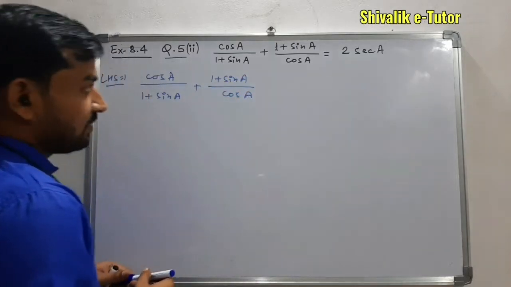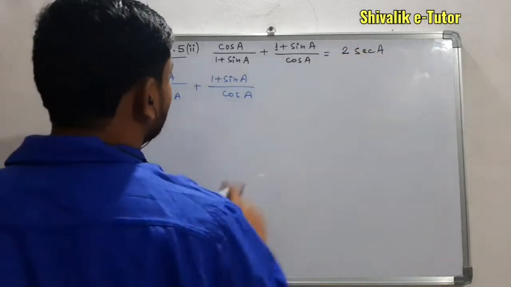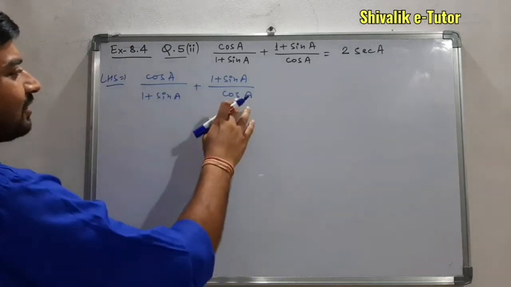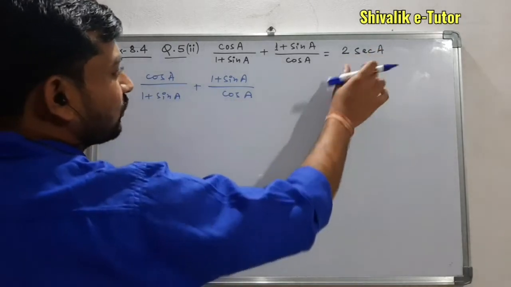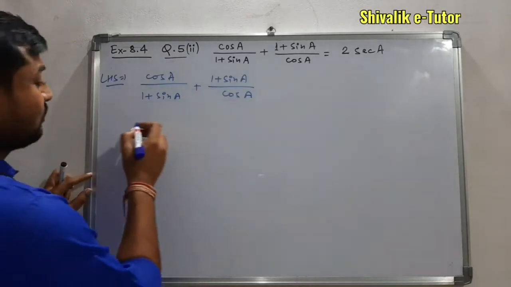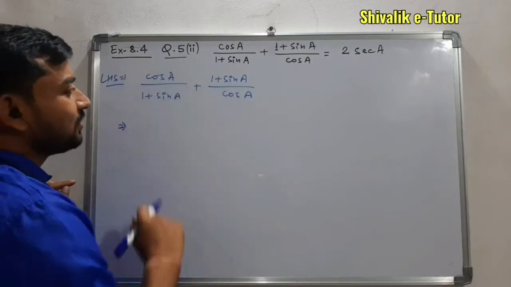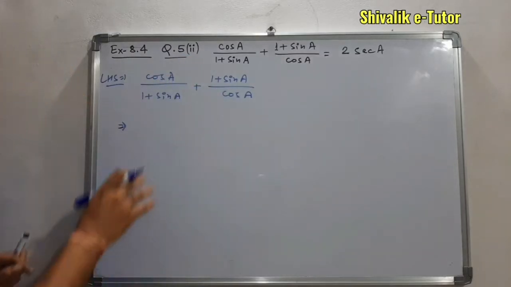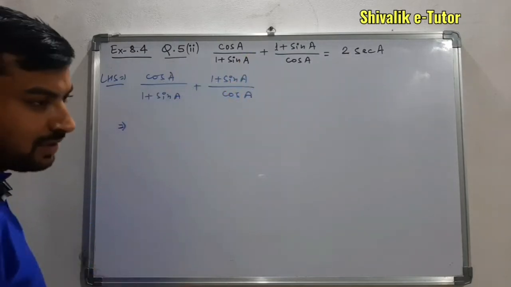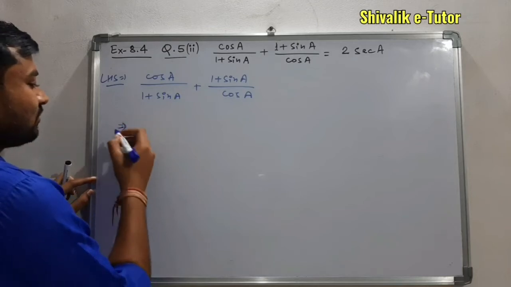Now look at this expression. Here clearly we have to get 2 sec A in the result. This question is very simple: if we have cos A in the denominator, then we can come to that result. The easiest method to solve these kinds of questions, where we have the reciprocal of the first term, is this. Wherever such a situation comes, where we have p upon q plus q upon p, we always do cross multiplication. So let us cross multiply the terms here.